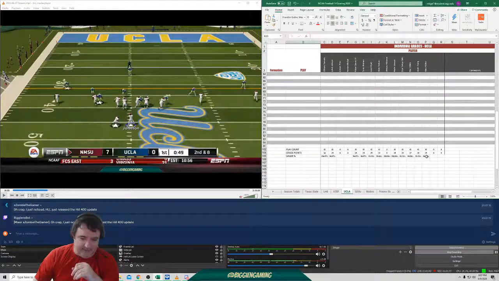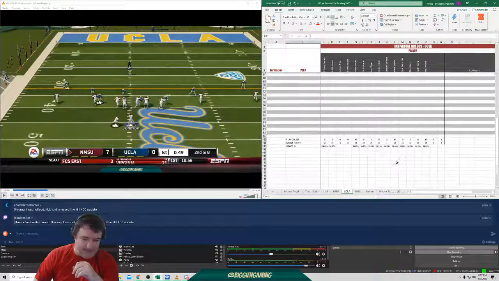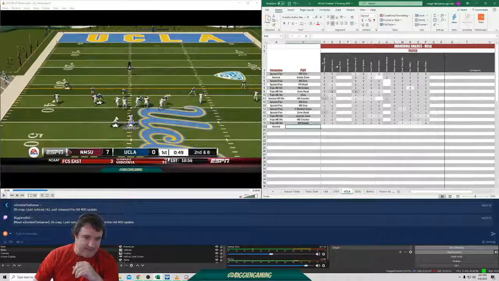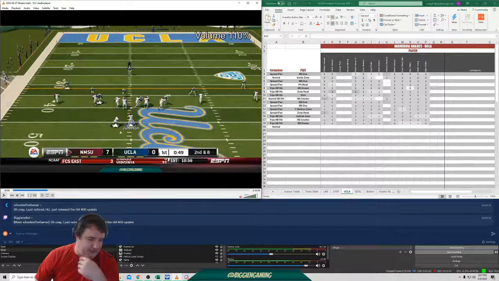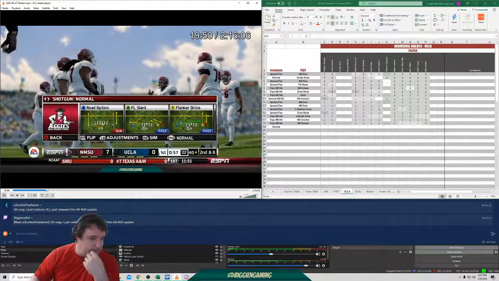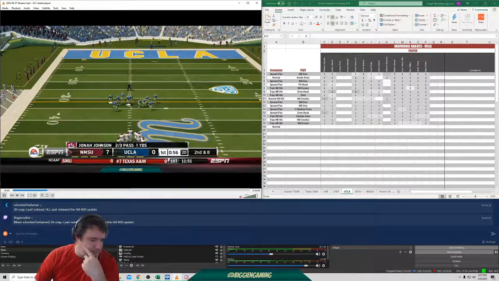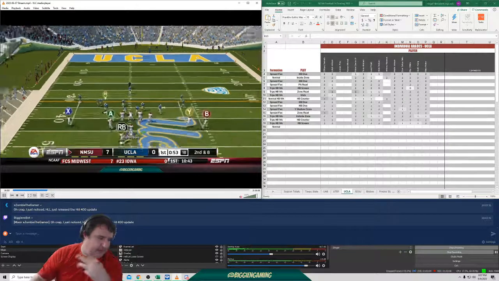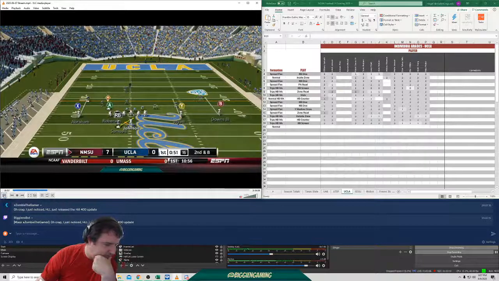And you can kind of see down here the grading of our team. So we want to be at 85%. This is our stud, this guy right here. He's our stud running back. In real life, he is a transfer from Michigan to New Mexico State. So hopefully he does big things this year for them. Okay, so let's go back. We call normal. I just call inside zone right here. Oh, zone read, excuse me.